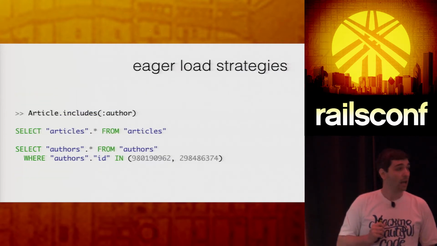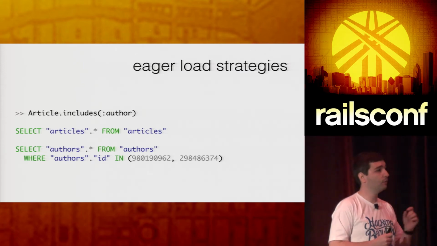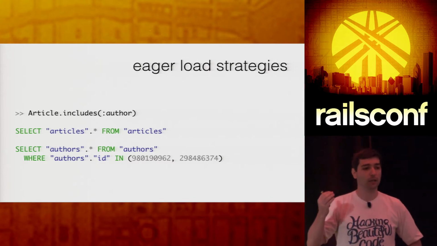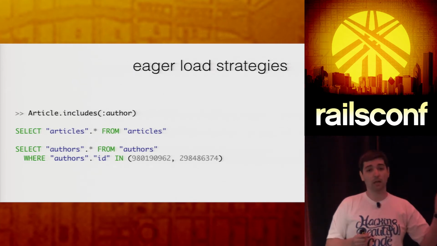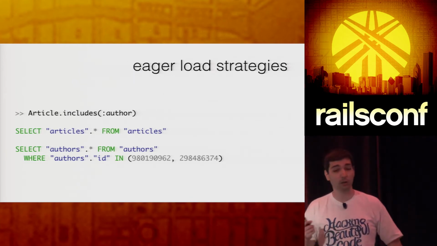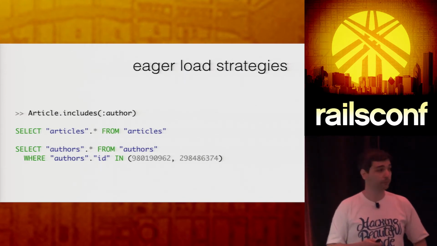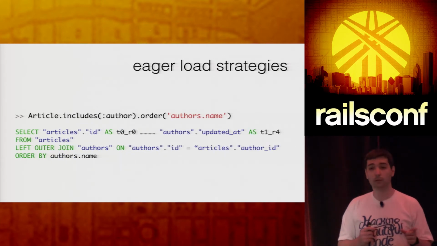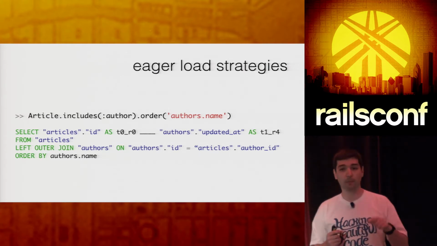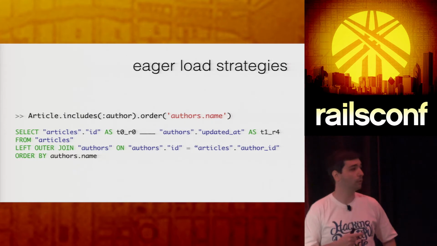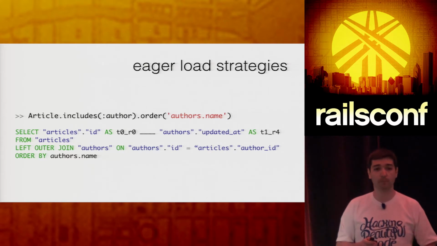Right? Now I want to talk to you about some eager loading strategies. You know that Active Record has this includes helper that you can use to avoid N+1 queries, right? In this case, it's going to do a SQL query for finding all the articles and another one to load the authors, in a separate query. But if you add a condition, like a where condition or an order condition that requires something from authors, Rails is going to be smart enough to join these two into one SQL query and load it for you and avoid the N+1 problem, right? Because it's on the author's name.